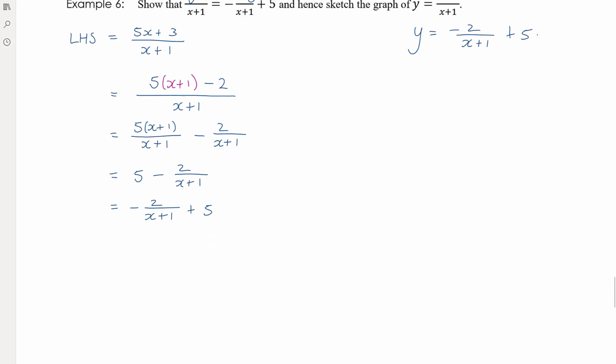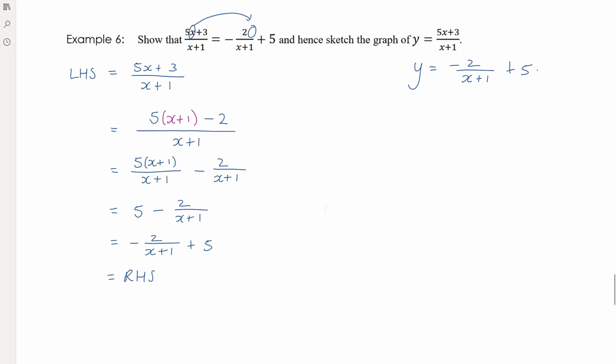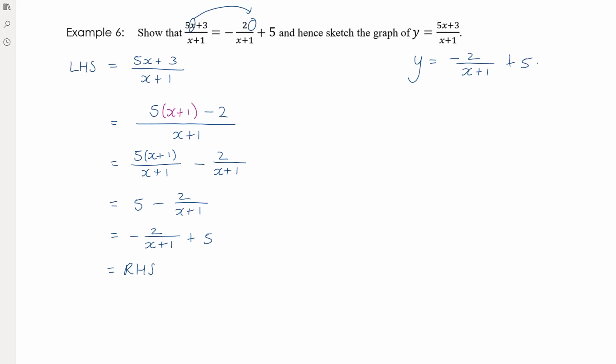Okay, which is the right-hand side. And so we have shown that algebraically we can convert the left-hand side of the equation so that it is equal to the right-hand side of the equation. It is technically possible to also do it in reverse, but it's not quite what you're being asked to show. But if you were to start with the right-hand side, minus 2 over x plus 1 plus 5,